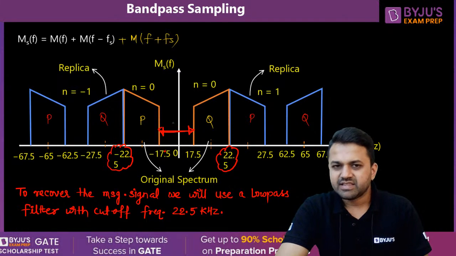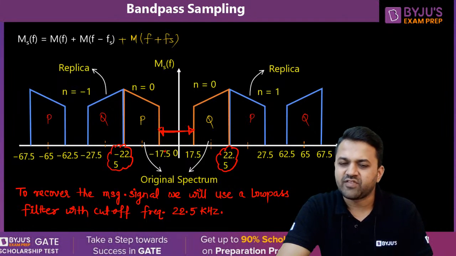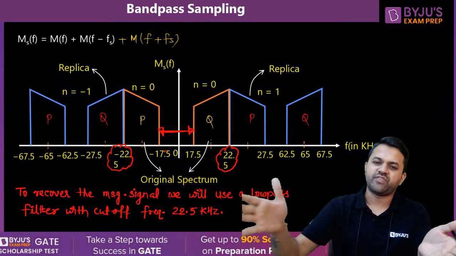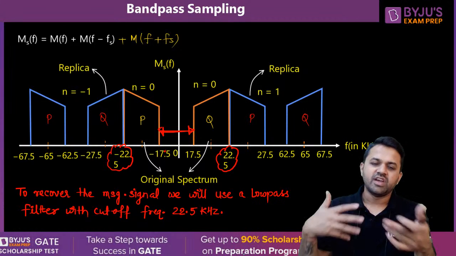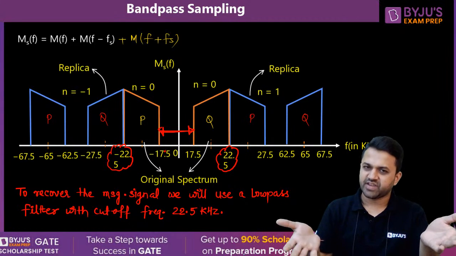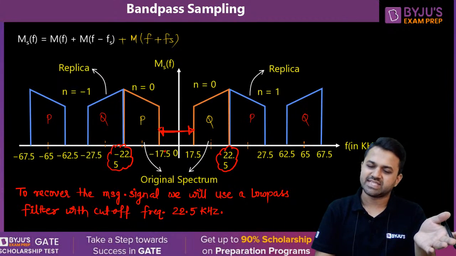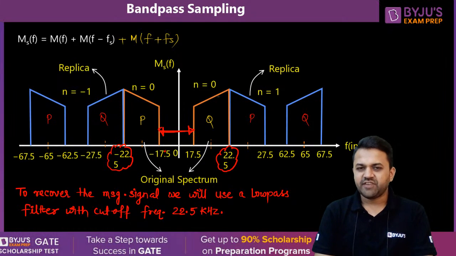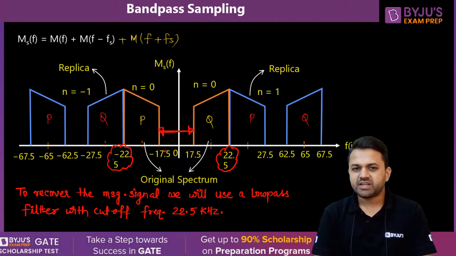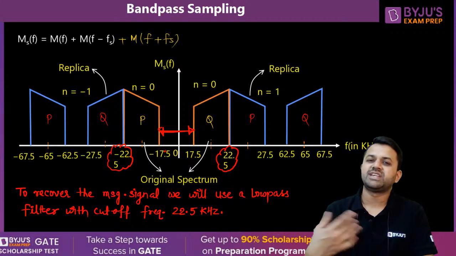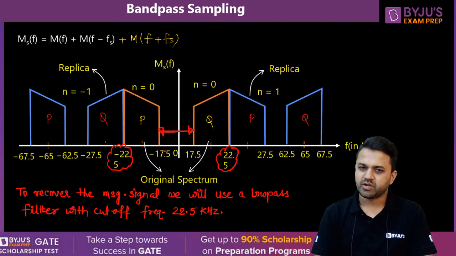And the second thing is that we are wasting these frequencies, minus 17.5 kilohertz to 17.5. We are just wasting the frequency, we are not properly utilizing it. Okay, so the information can be recovered, but this is not a good design of the filter, because this low